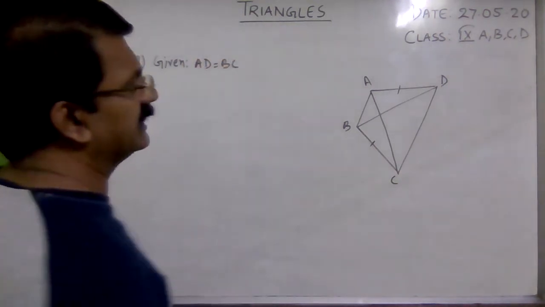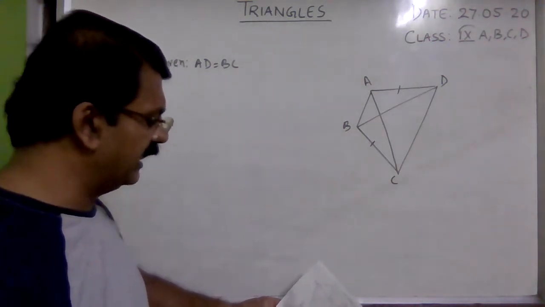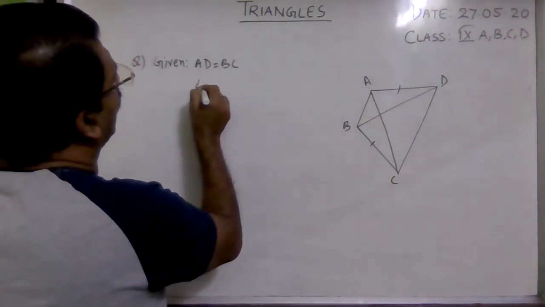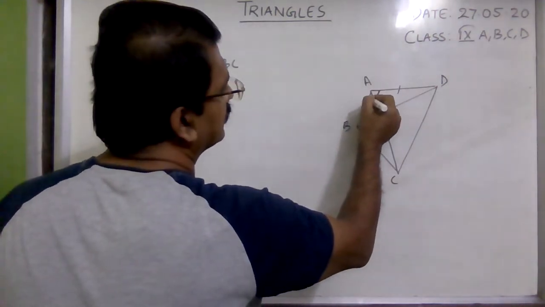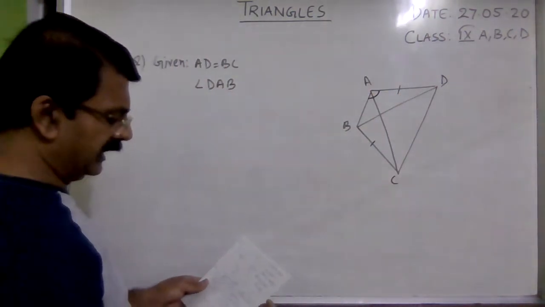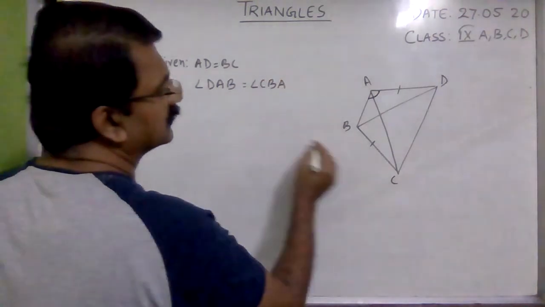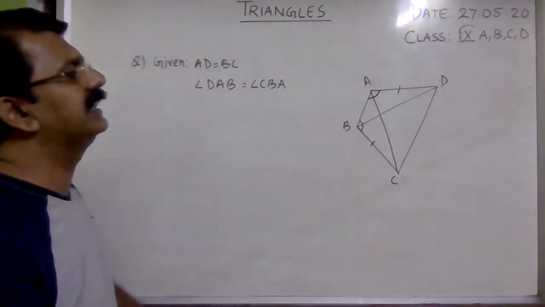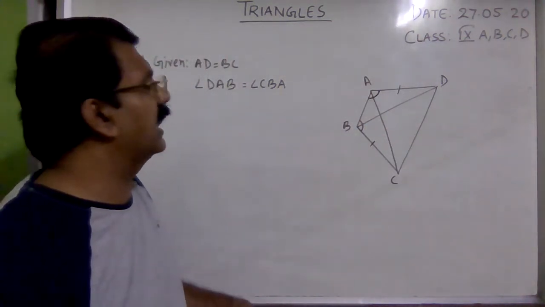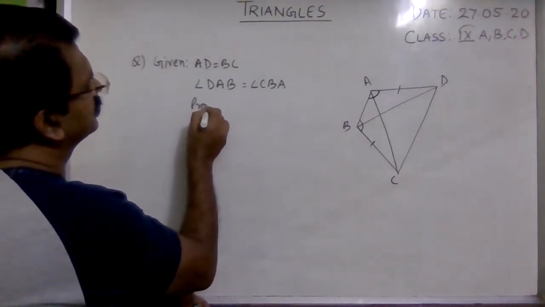They have given that AD is equal to BC, and then they have given angle DAB. Angle DAB means this angle is equal to angle CBA. CBA means this angle. It is given that angle DAB is equal to angle CBA. Now prove that